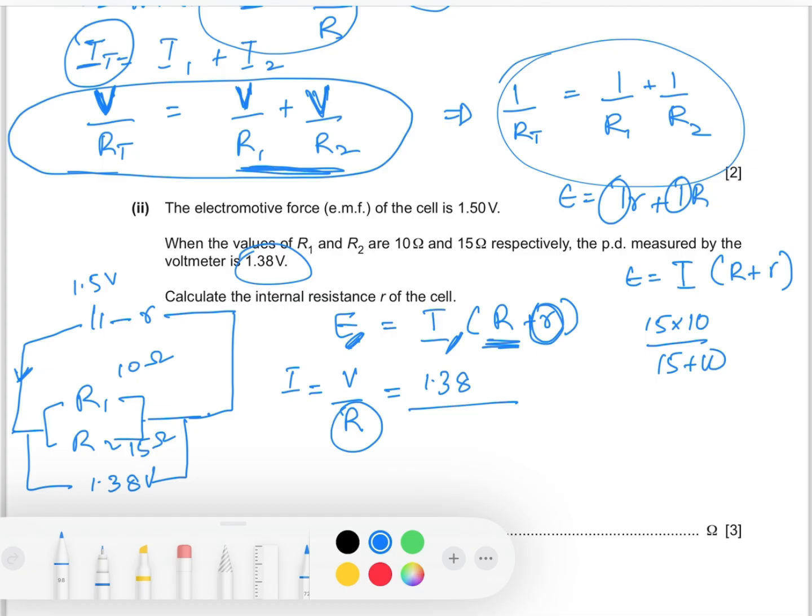Both of them will lead to the same answer of 6 ohms. So 6 ohm is the resistance of the circuit excluding the internal resistor,